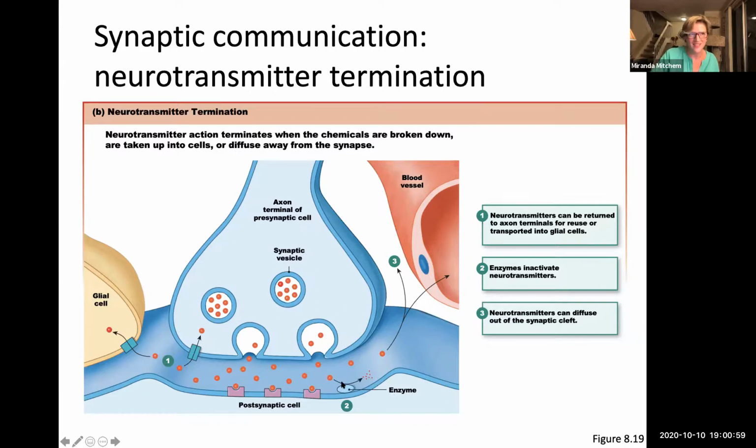the neurotransmitter that is present in the synaptic cleft. So it does need to be continuously released to lead to more response, because there are mechanisms to clear the cleft of any remaining